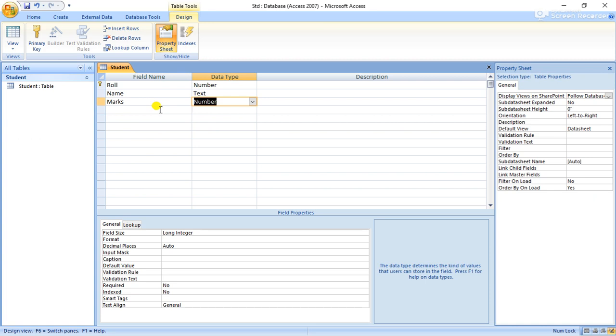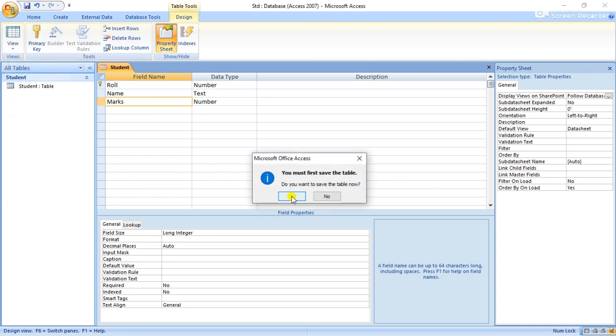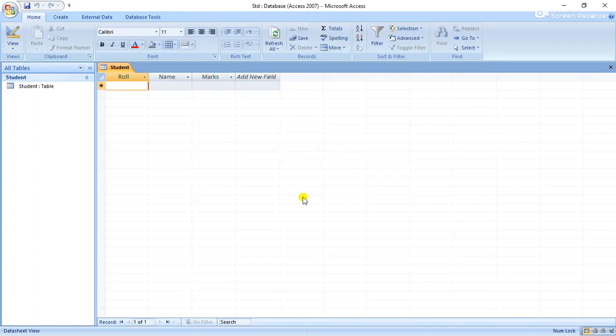Then we have to put some data. So for inputting some data, we have to click on this view button and go to the datasheet view. Do you want to save the table now? We have to click on this yes button. Let's put some data like roll 1, 2, 3, 4, 5, 6.